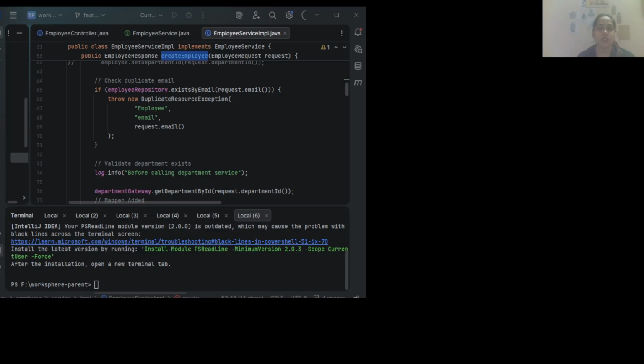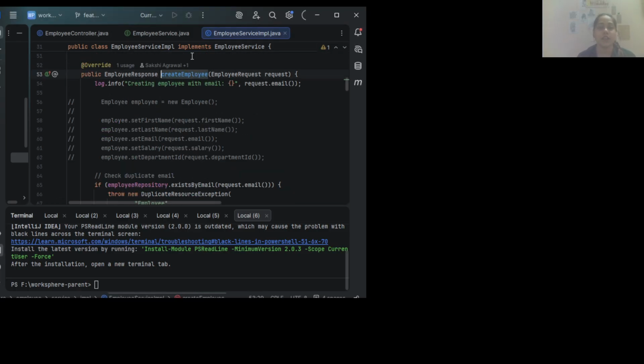First, I will explain the service layer. The service layer contains the business logic. With business logic, we validate business rules, perform calculations, and coordinate with different components. If tomorrow our business logic changes or we choose some different functionality, we will update the service layer first. We will not change or affect the controller layer or any other layers. So the service layer helps to handle the business logic.